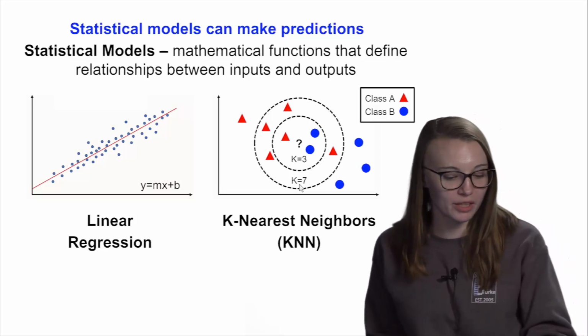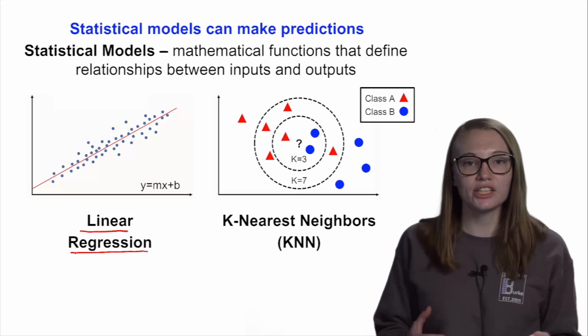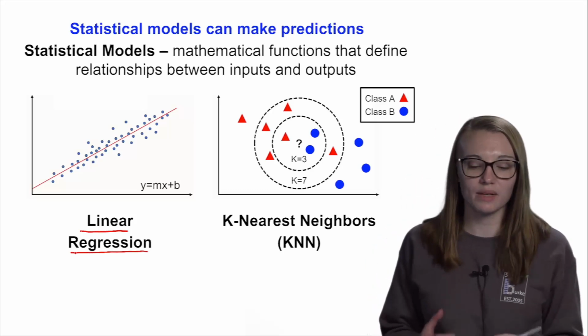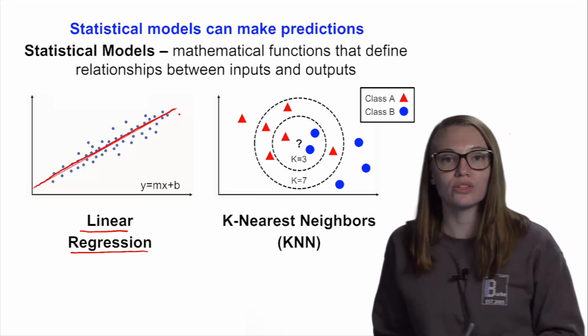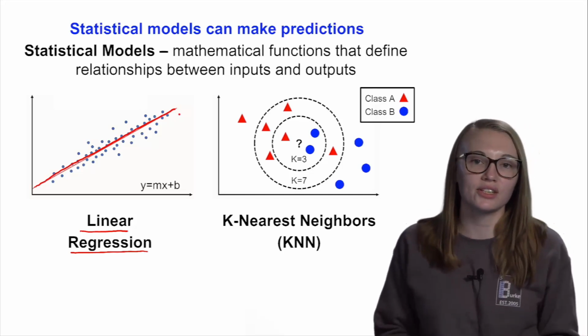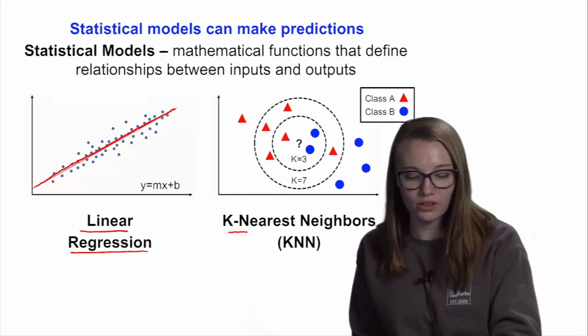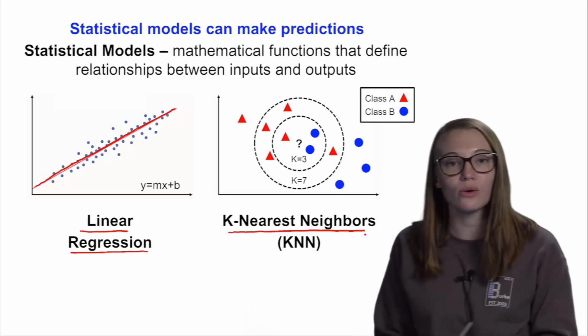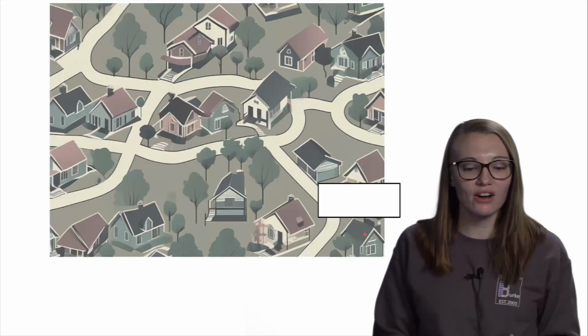Likely you are all familiar with the concept of linear regression, in which a set of linearly correlated data can be used to draw a line of best fit through the data set. Alternatively, for data which is not necessarily linearly correlated, and you might want to classify data, an alternative statistical model is known as K-nearest neighbors, or KNN, which is what we're learning about today. To understand how KNN works,